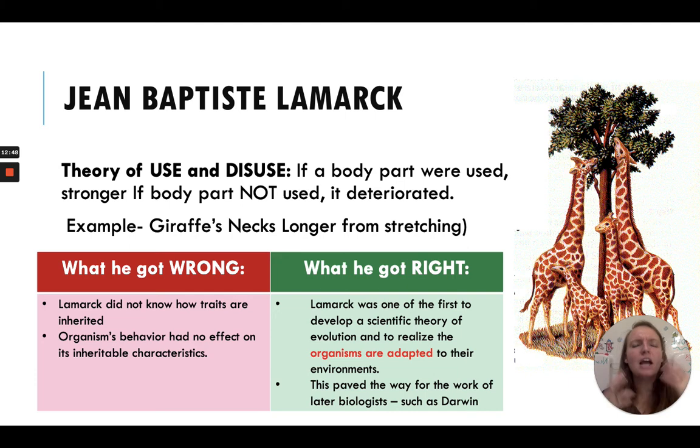So he was the first person to develop a theory that suggests that organisms are adapted to their environment, that they have specific traits like this long neck because their environment calls for that. Like, in order for the giraffe to survive, it has to be able to eat leaves that are on tall trees. So that was right. Like, that organisms adapt to their environment, okay? And this helped Darwin start to connect those dots about those tortoises or those finches.